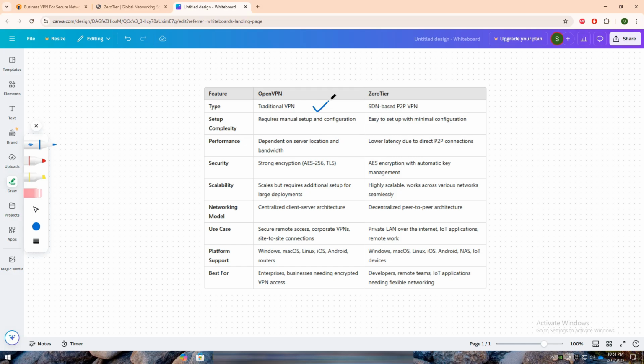OpenVPN is a widely used VPN solution that provides secure, encrypted remote access by creating a tunnel between a client and a centralized VPN server. It is known for its robust security features, including AES-256 encryption and TLS authentication. While OpenVPN is a powerful tool for businesses and organizations, it requires manual setup, server management, and additional infrastructure to